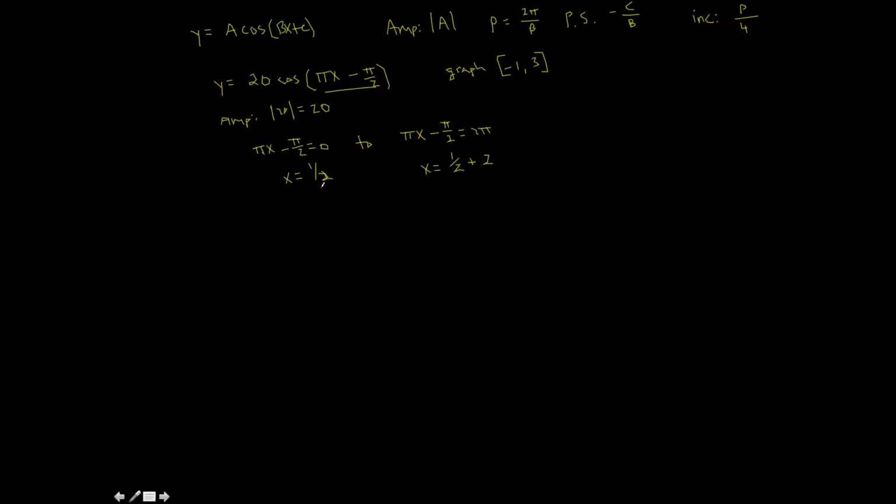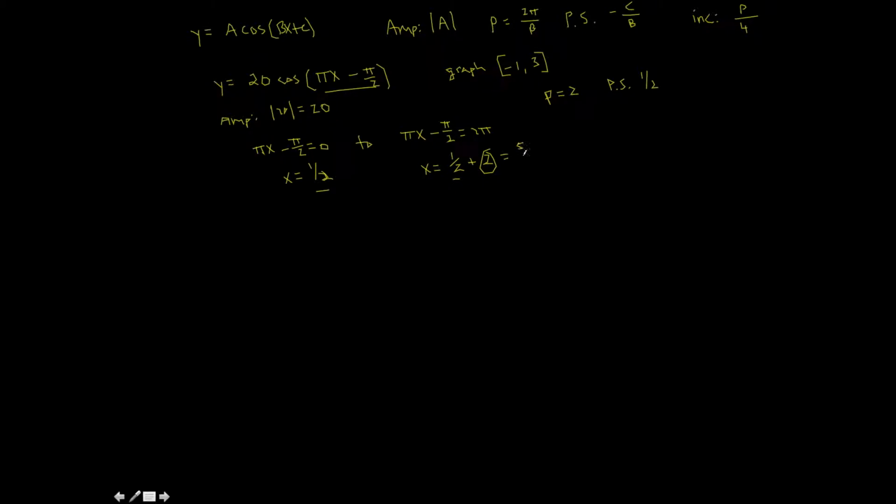Why? Well, we know this is the phase shift, but this tells us our period. So I know my period is 2. My phase shift is 1/2. Period's 2. Phase shift is 1/2. Okay? Alright, so now we can add these two together